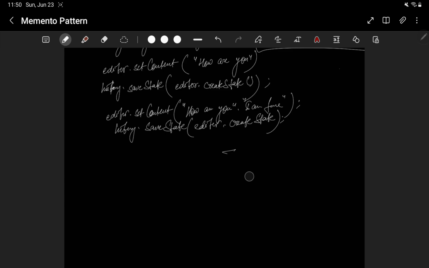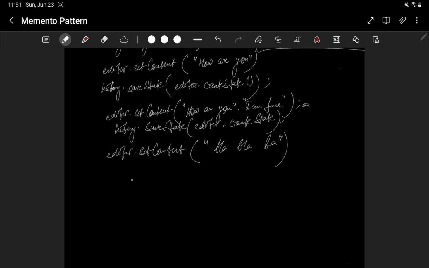Okay. Before that, let's try another thing. Let's say our editor is going to set content again. And it did something like it deleted this and it just did blah blah blah. Now we got to know that okay, this is blah blah blah. So we decided, okay, why should I save it? Just press Ctrl Z here. So when we pressed Ctrl Z, what happened was